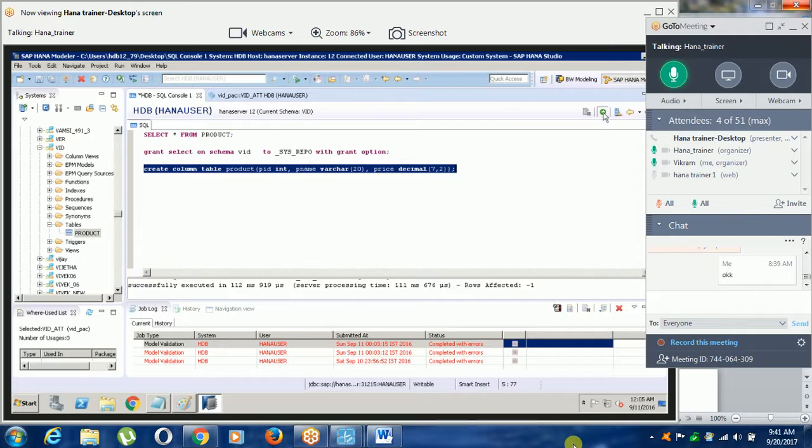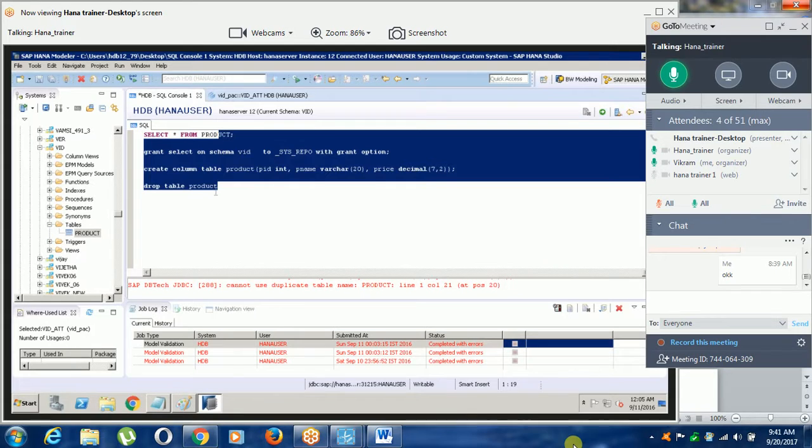But first of all, we should remove this table. Drop table product.